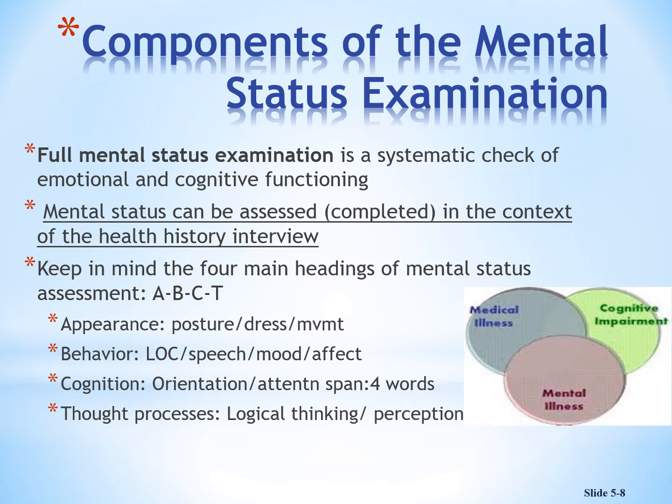And normally for cognition, we look at a person's attention span. So we will give the person maybe 4 words that are unrelated for them to recall, and then ask them what these are in like 4 minutes, in 5 minutes, and then 10 minutes, and then 30 minutes. And a person that has a mental health problem would not be able to recall all 4 words. They may miss words. A person with dementia, it takes a while for them to remember, or they may be able to remember 1 out of the 4 words. And then the person's thought process really should be logical as well.